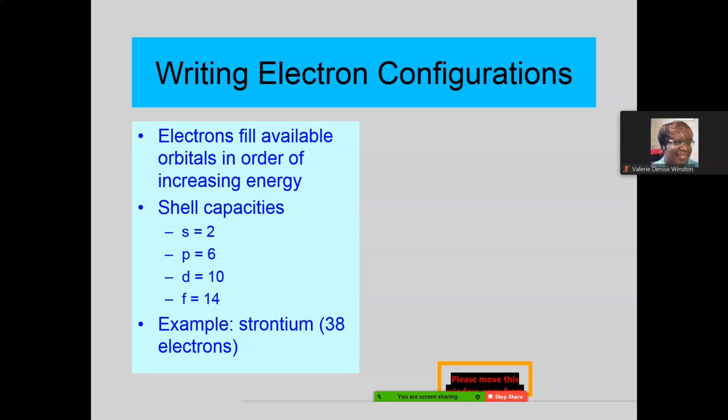The electrons fill available orbitals in order of increasing energies. Okay? The subshell capacity for the s subshell will be 2. For your p subshell, 6. Your d subshell, 10. Your f subshell, 14. Why? Because s has one